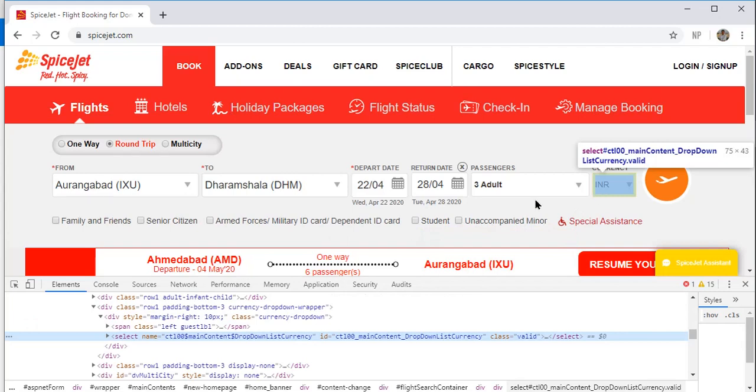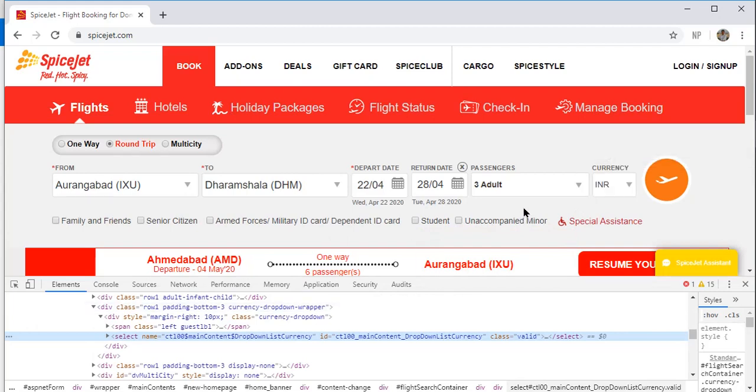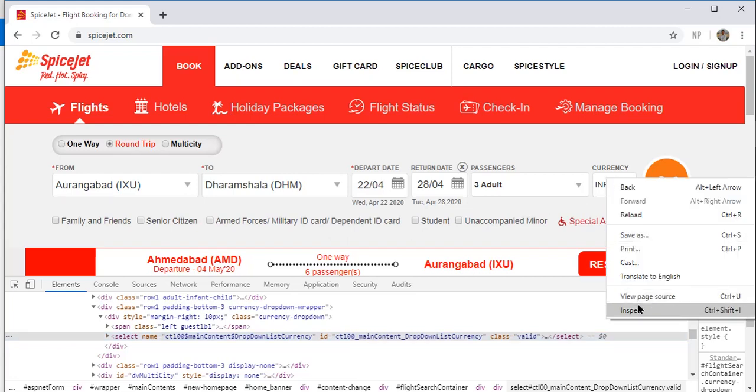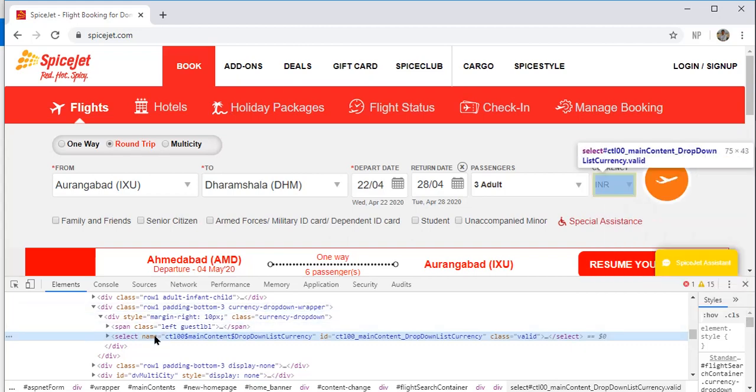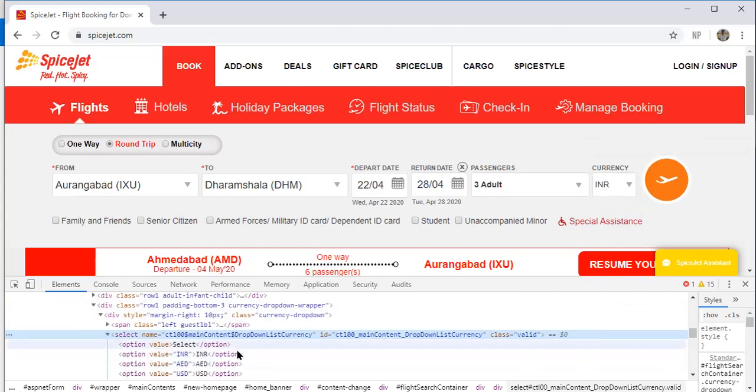To see in the DOM how this is coded, you can right click on the currency element and click on inspect. It will highlight the select tag. Inside the select tag you have options.